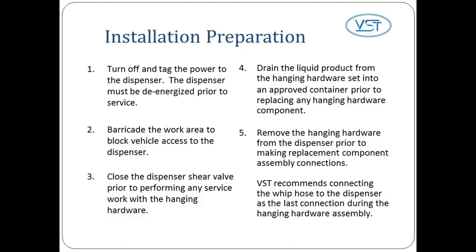1. Turn off and tag the power to the dispenser. The dispenser must be de-energized prior to service to avoid personal injury. 2. Barricade the work area to block vehicle access to the dispenser. 3. Close the dispenser shear valve prior to performing any service work with the hanging hardware, hoses, safety breakaways, and nozzles. 4. Drain liquid product from the hanging hardware set into an approved container prior to replacing any hanging hardware